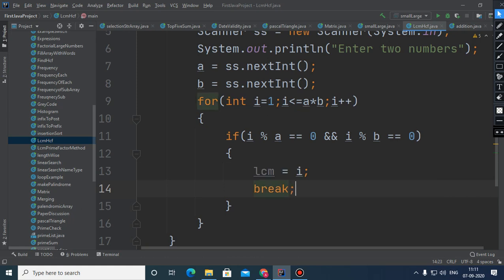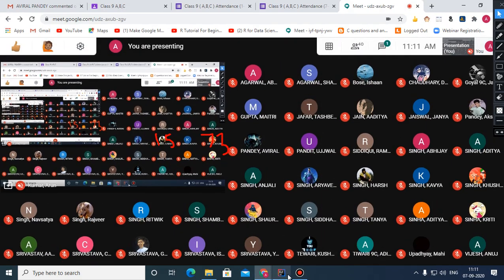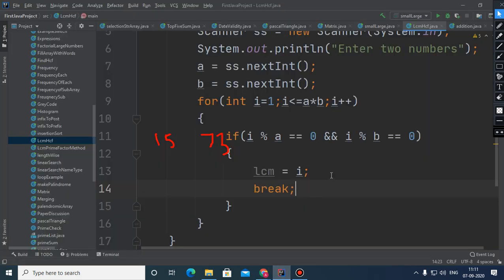and break. Children, why is break involved here? Suppose we have two numbers, 15 and 75, and we started the loop from 1. How long will it go?